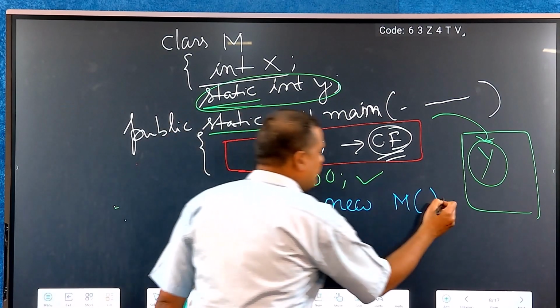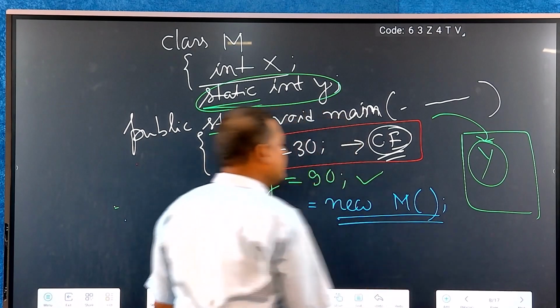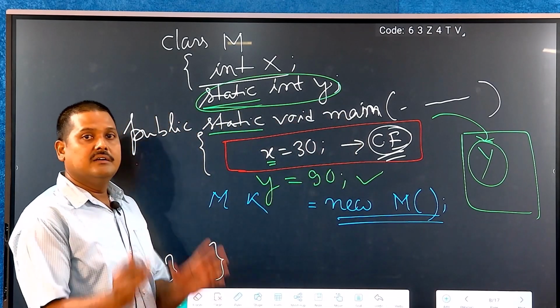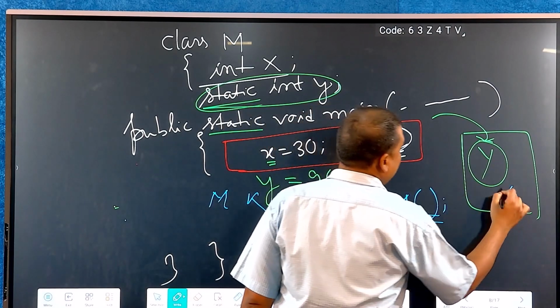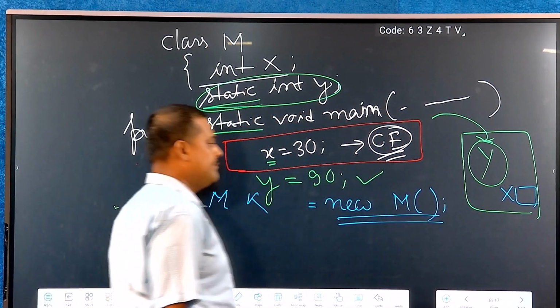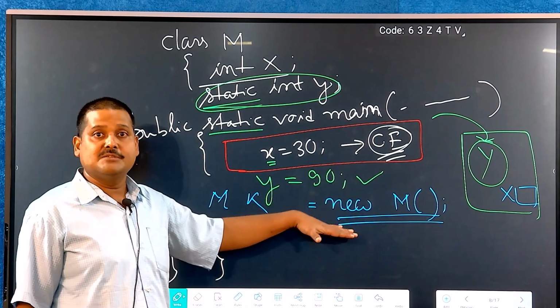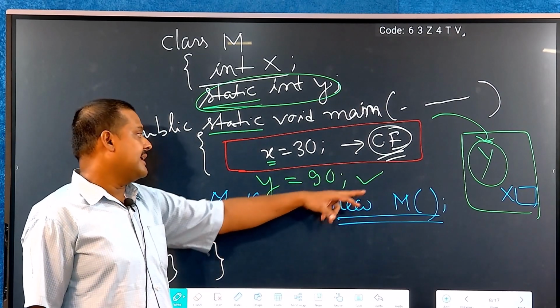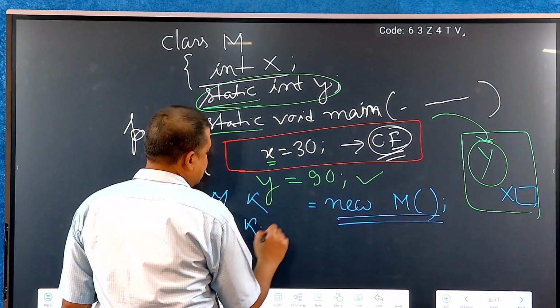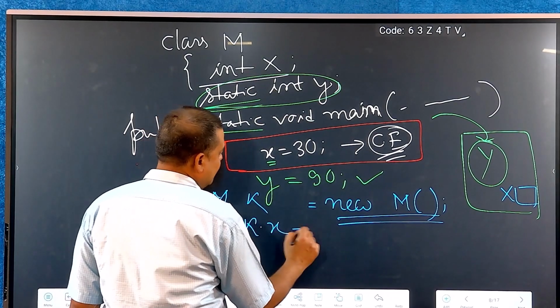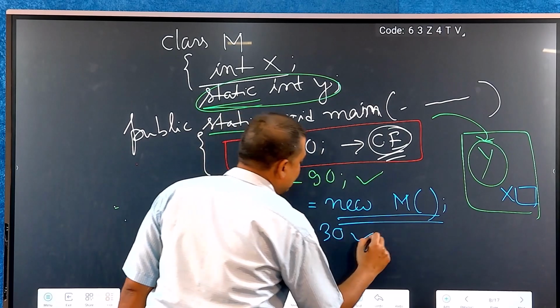By this we are allocating this thing in memory. Now this x is inside memory at this point or after this point, the x variable has some memory. So now we can access k dot x equal, say for example 30,